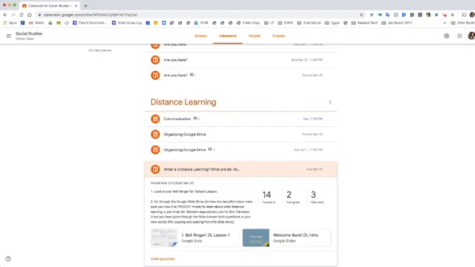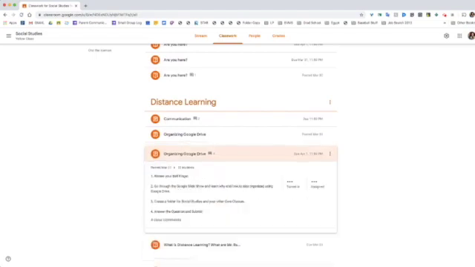My expectations were pretty much the same as they are inside of the classroom, which is, as you know, give 110%, be respectful of others, and ask for help when needed. So there wasn't really much of a change there.